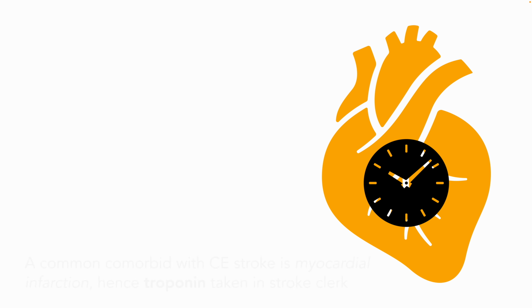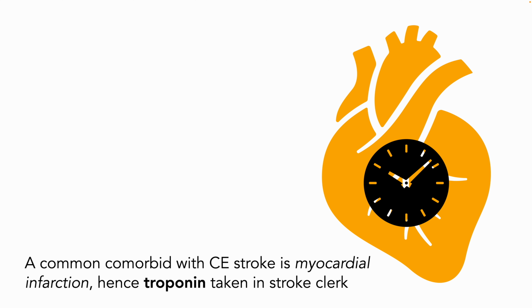The second thing is that it's very common for a cardioembolic stroke to be having an MI as well. We don't have the exact figures, but it's enough that everyone you're querying under the TOAST criteria for a cardioembolic cause of that stroke needs a troponin. Troponin is now very routinely done in the workup.